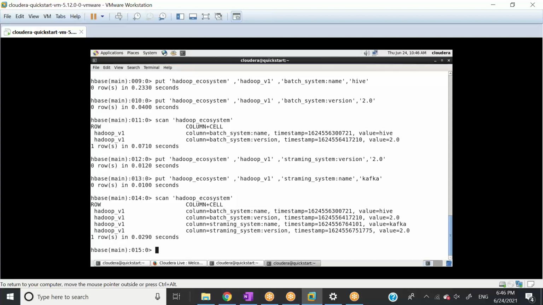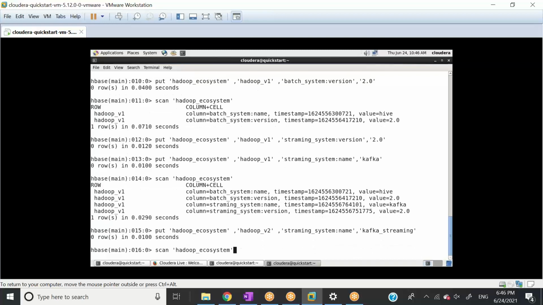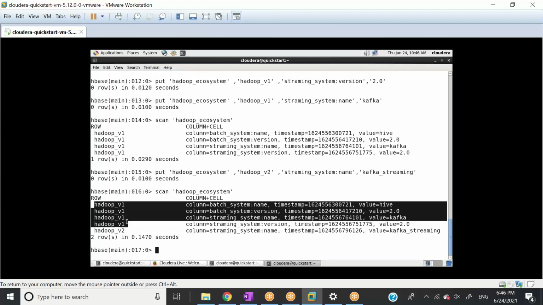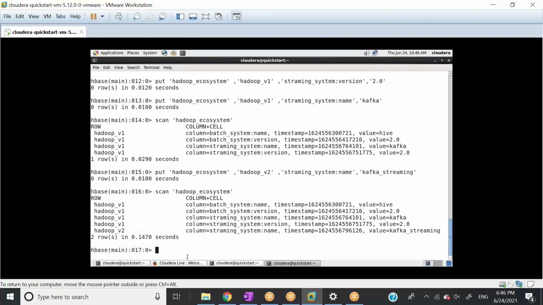Now let's say I want to select, in fact, let me do one more thing. Let me change the row ID and I'll say streaming system name, and let's say Kafka streaming. Now if I scan the table again, I have one row ID is this, the second row ID is this, right?